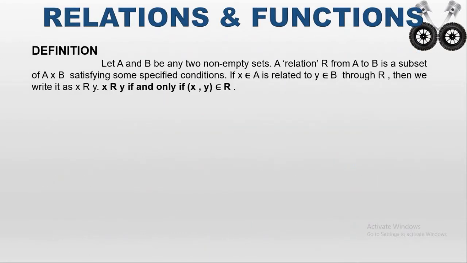So from the before example you can understand what a relation is. First, it is given: let A and B be any two non-empty sets. The two sets should be non-empty. For example, take the set A as capital X, that is, the set A contains the element X. How many elements are present in X? Only one element is present, and it is a non-empty set. Then take another set B, capital B, that contains the element Y. So B is also a non-empty set. It contains one element, that is Y.